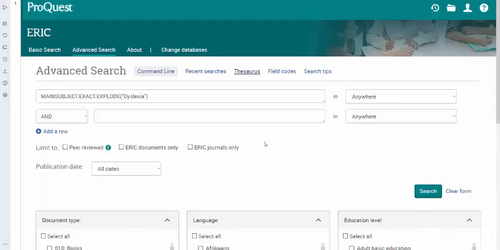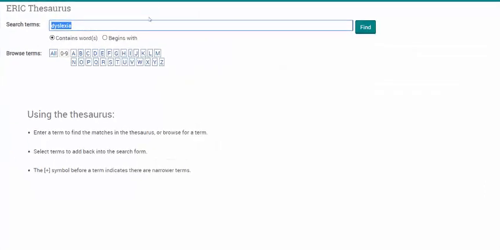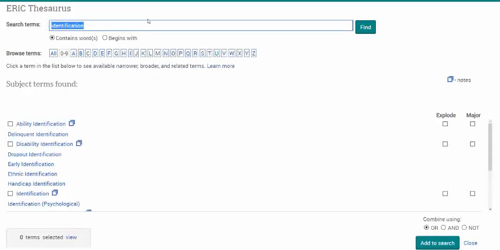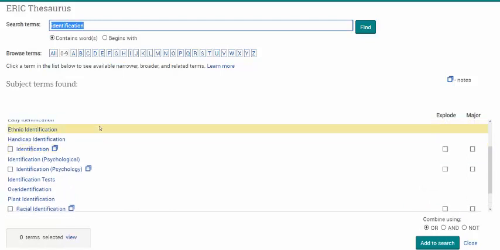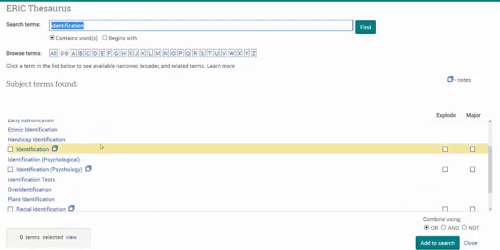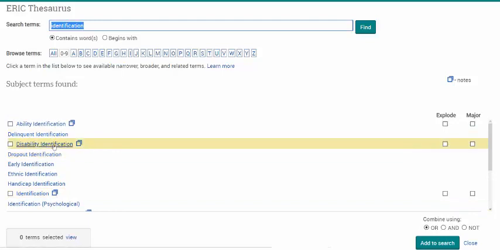Next thing I want to do is search on identification terms and related terms. So I click on the thesaurus again. It has a carryover of our dyslexia term, and let's type in identification. Lots of different types: disability identification, early identification. The broadest heading will be identification. How do I know that? If I click on disability identification,